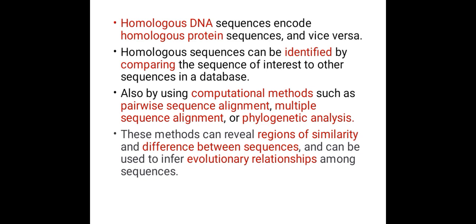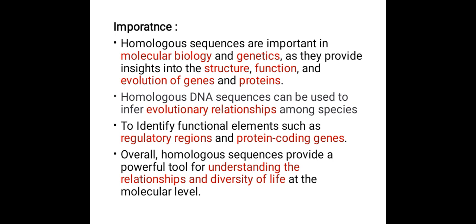Homologous sequences can be identified by comparing the sequence of interest to other sequences in a database, also by using computational methods like pairwise sequence alignment, multiple sequence alignment, or phylogenetic analysis. This method can reveal regions of similarity and difference between sequences and can be used to infer evolutionary relationships among sequences. Importance: homologous sequences are important in molecular biology and genetics as they provide insights into the structure, function, and